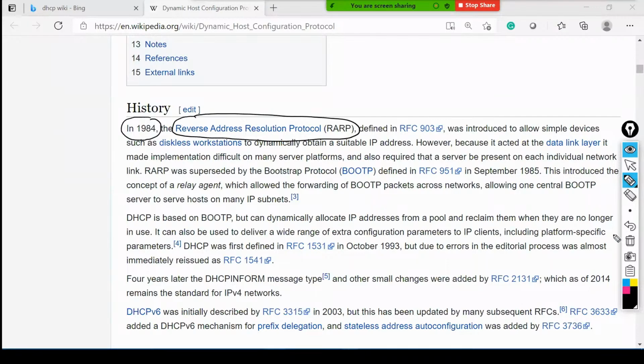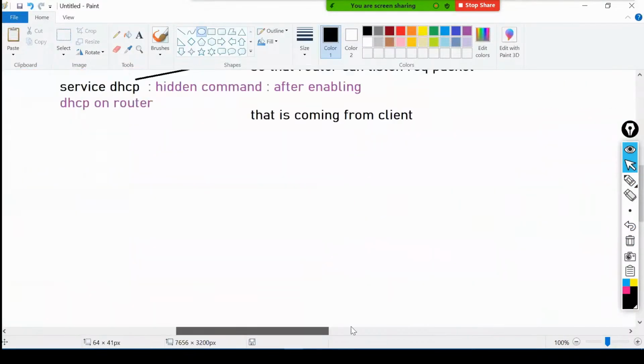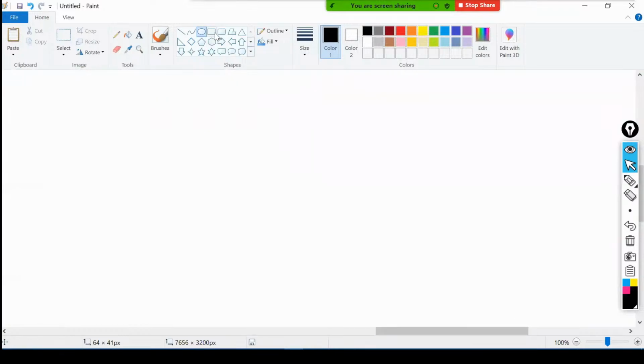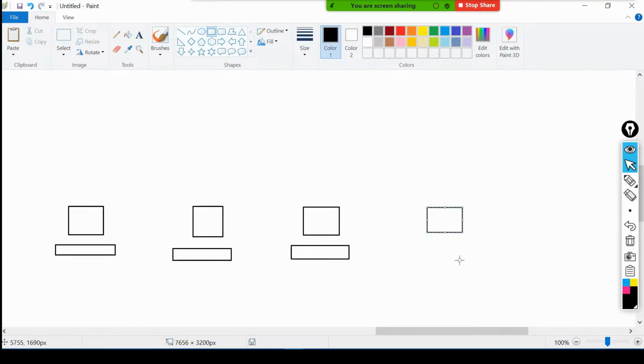What is RARP going to do? Take an example, whatever PCs we have, all these PCs are present in my same LAN, right? And this PC wants to get IP addressing, so they will request the RARP server.